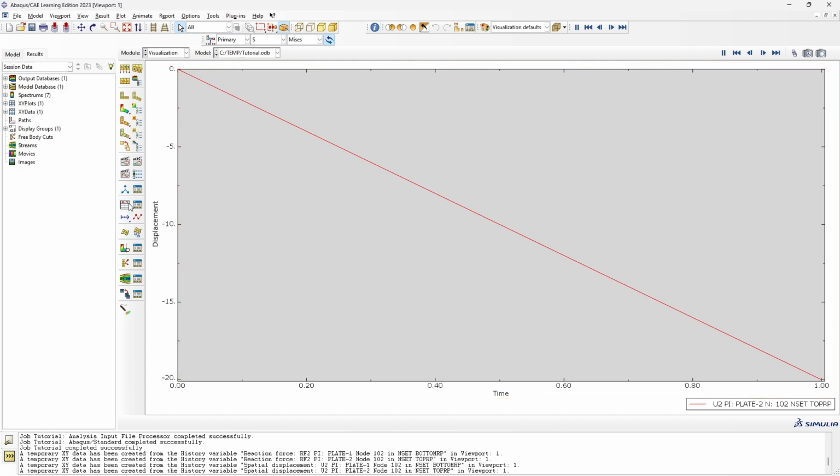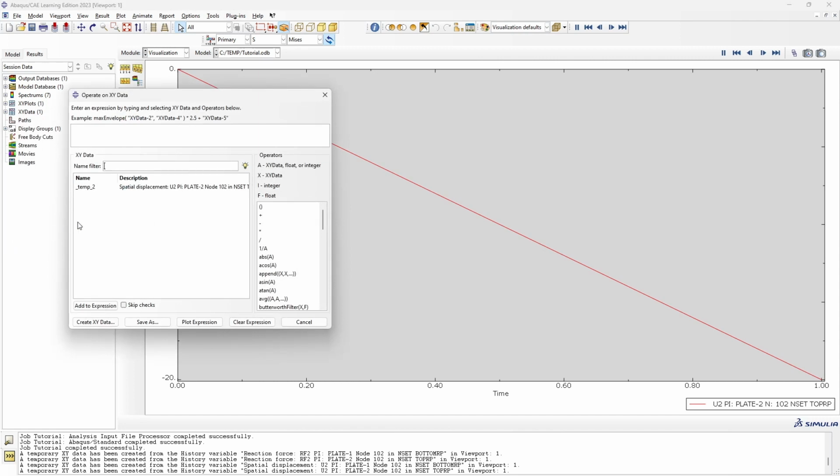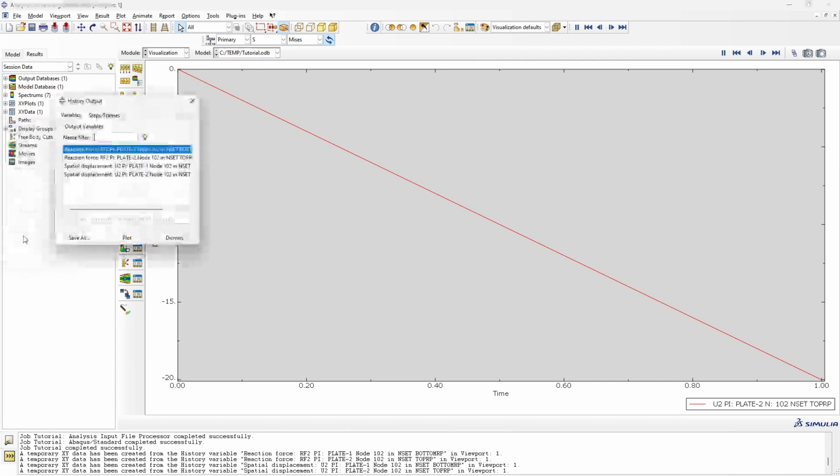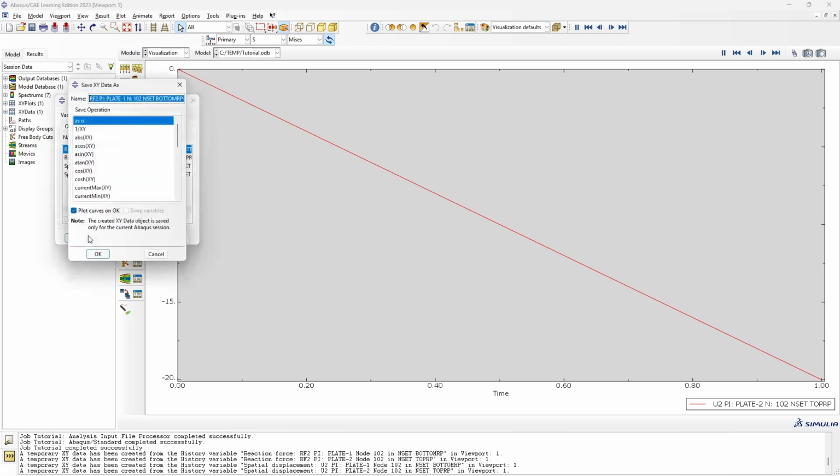To do that, press on this, operate on X and Y data, and we can use commands here to do that, but first we need something in the XY data point. So to do that, let's save some data, press on this again, go to ODB history output, press continue. Now we need the reaction force from the bottom node and the displacement from the top node. So the reaction force from the bottom node is the first one. So let's say save as is, let's say force,